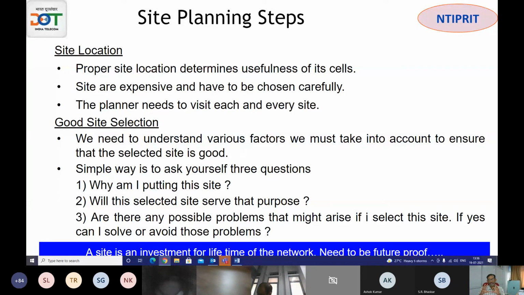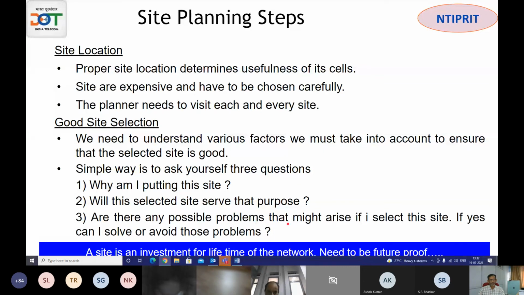So fruitful utilization of all the sectors that you are planning. All the sectors should be able to give you, say, 20 Erlang and 100 GB traffic in a 4G site. That is the bread and butter of the operator. That is the return on investment of that particular site. So you go to the site, either on the tool or physically, and judge from there that every sector is giving the returns that it is supposed to.